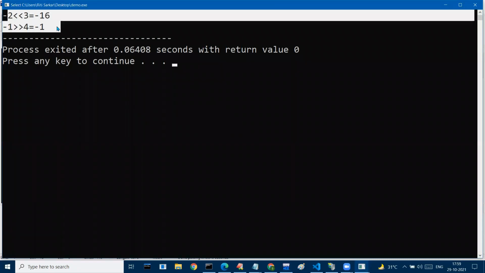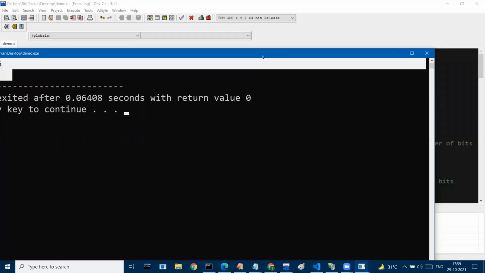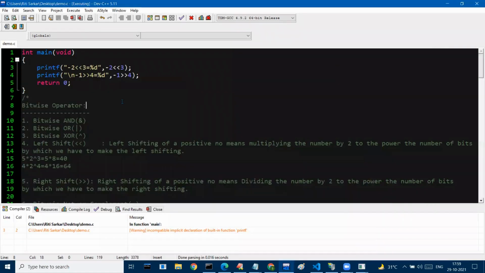Okay, now guys. Left shifting of a positive number, left shifting of a negative number. I hope everyone got it. So this is all about the bitwise operators, sir. For a negative number, even with multiplication, you will get the result. If you feel that I will not go for this approach, by multiplication you can do that. But for right shift, it will not work. Right shift, if you start dividing by 2 to the power 4, it will not come. But for left shifting, if you want to take that approach, you can take that. It will work for all numbers.